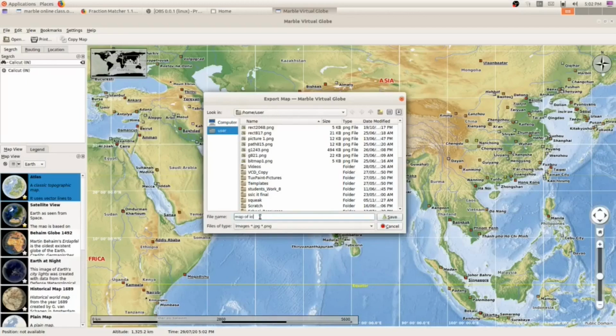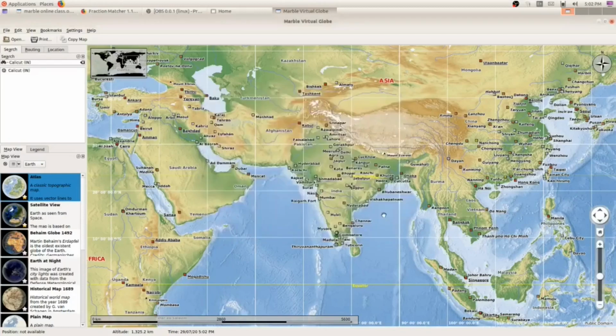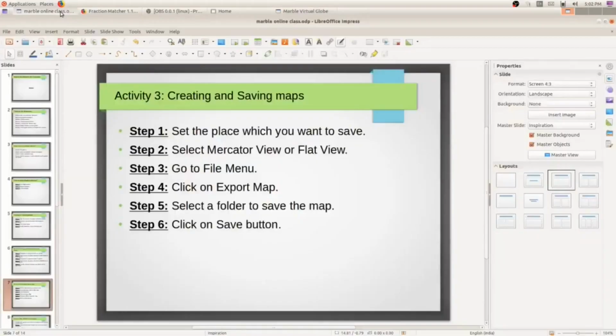That is up to you. Any name can be given by you. And you click on save button. Here I am going to save on home folder. Then this picture will be saved in our home folder. Okay, so that is all about our third activity.